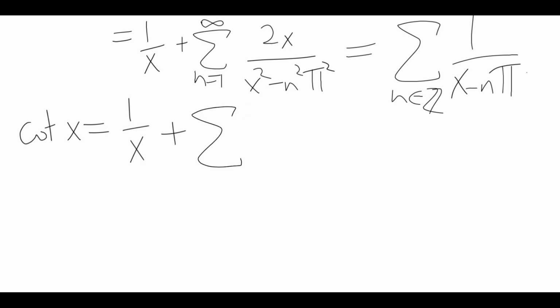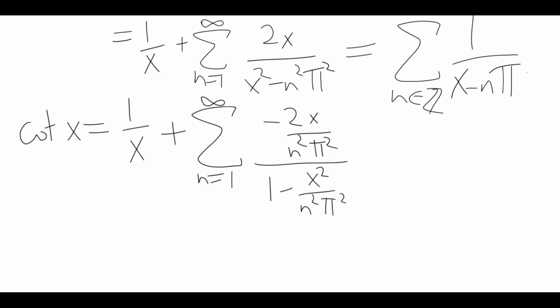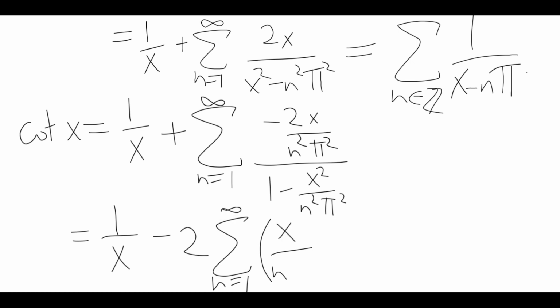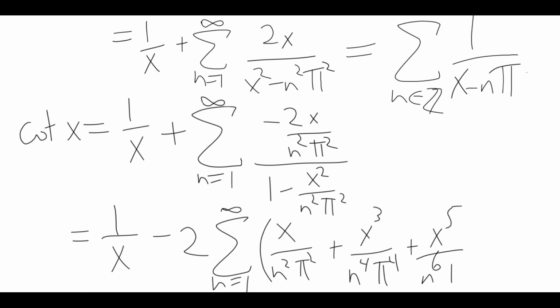And on the right side, we have, now I'm unsimplifying it, on the right side we have a fraction that can be written as a geometric series. So if we pull out the -2, we get x over n squared pi squared plus x cubed over n to the 4th pi to the 4th plus x to the 5th over n to the 6th pi to the 6th,